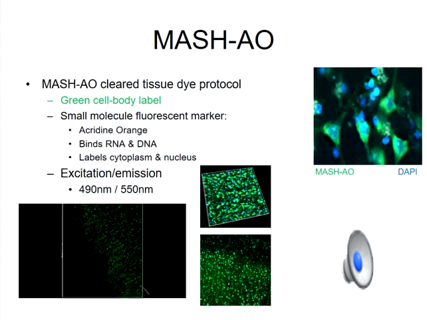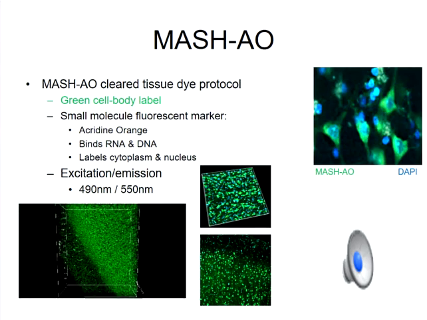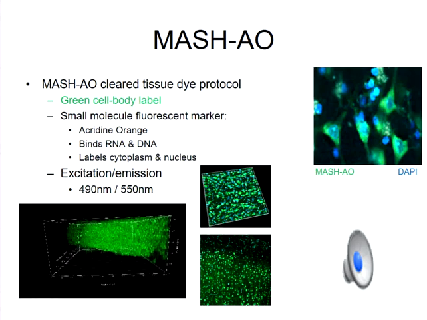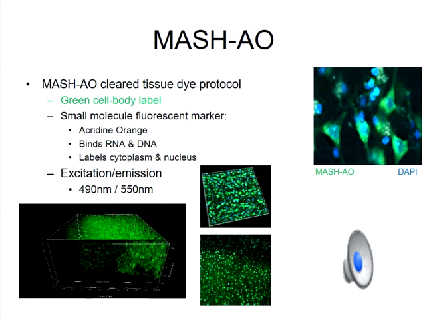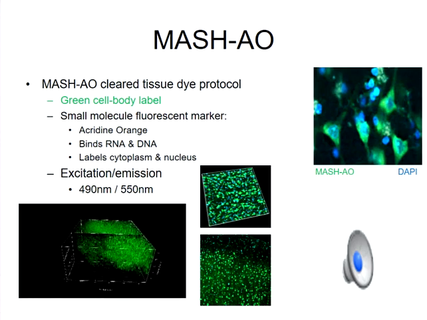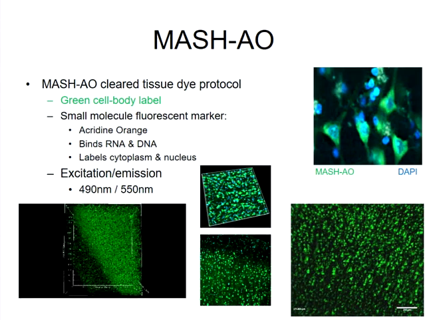On to some results. Here is our green cell body label, which is the acridine orange molecule, which binds RNA and DNA, so a very Nissl-like stain, which is able to give us very nice stains of pyramidal cell bodies, as you can see here in a 2-photon scan. And of course, it's able to do that in 3D stacks, as I'm trying to show you in these movies here. Here's some light sheet imaging